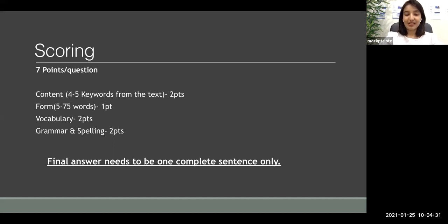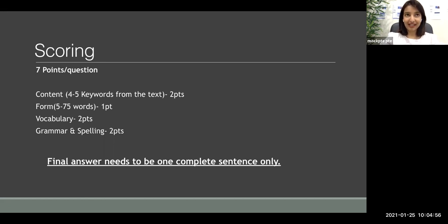The computer does not understand the meaning of what you say or what you type unless you use the words from the question in your answer, because the computer will be cross-checking your answer with the question. It is looking for matching keywords. So as long as it sees matching words from the question in your answer, it will be giving you 2 points. That means even if the meaning of what you wrote is wrong, or even if it doesn't make any